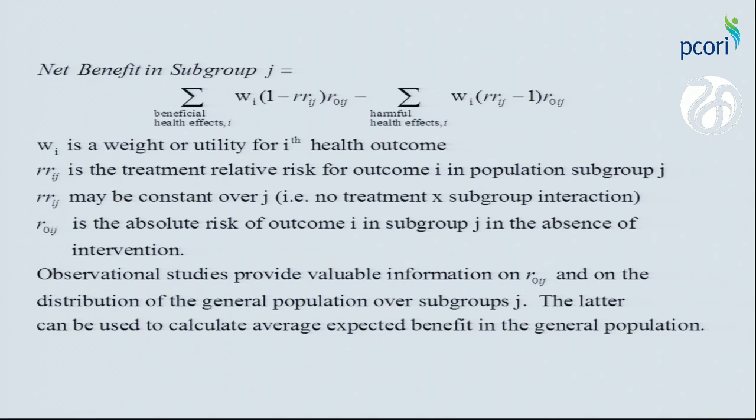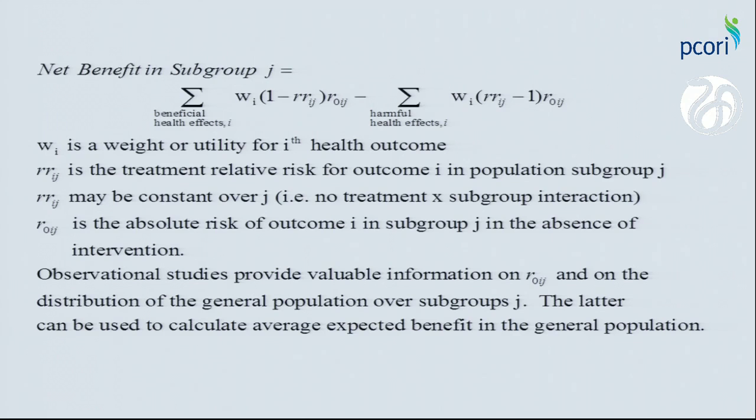And then the one other thing that we learn from observational data is that we learn about the distribution of the risk factors in the population, and therefore we learn about the distribution of these risks, these baseline risks, across subgroups. This was mentioned in Peter's talk, for example. So there's a lot that observational studies can do in conjunction with the